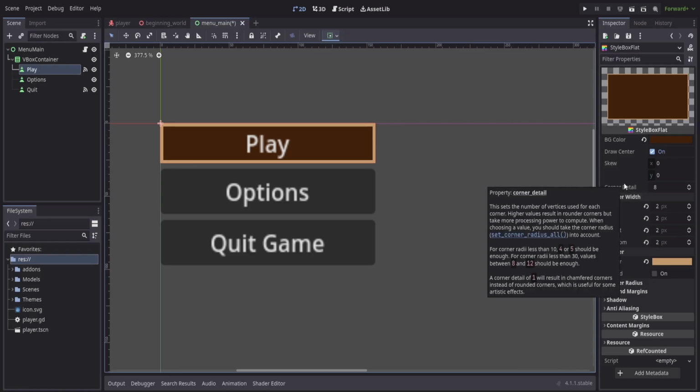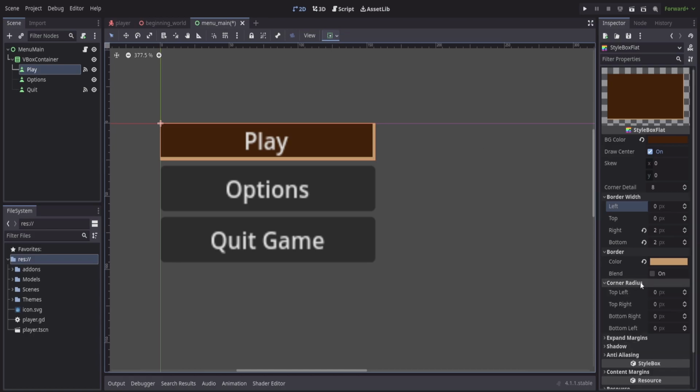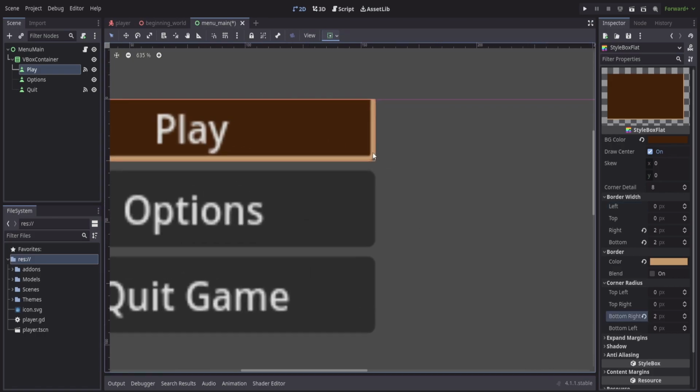Sometimes we don't want that. In this case, it might look good with just a bottom and a right border. But what I don't like about this is that it comes together at a point in the corner. And we can always add a corner radius. So we'll go bottom right and just a 2-pixel radius, and we can see that it's going to round that